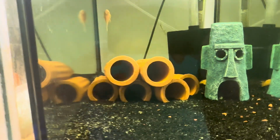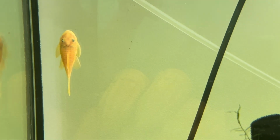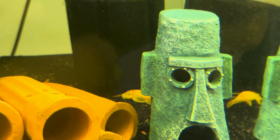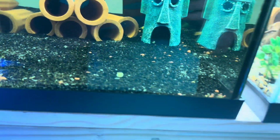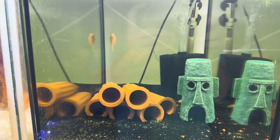Now we're on to our second 20-gallon tank, which I've been trying to breed blue-eyed lemon bristlenose plecos in. There's a good size female in the back right there, and there's a male right in there. He's a good size, and there's another female in here somewhere. But yeah, that is the species of fish I'm trying to breed in this tank here,